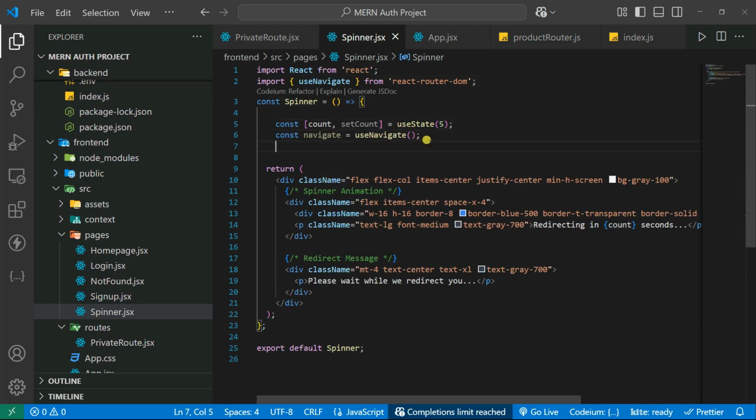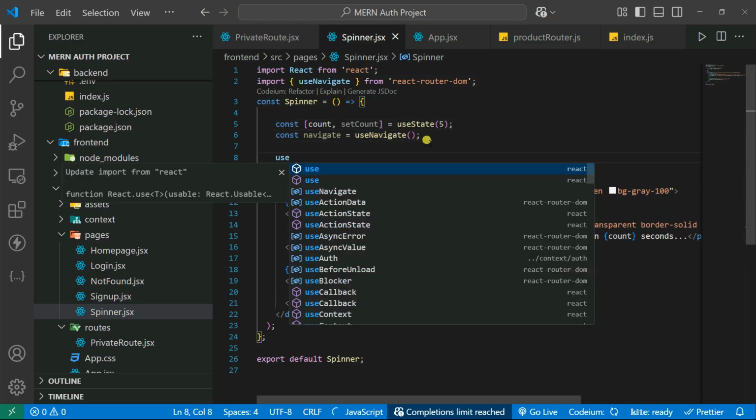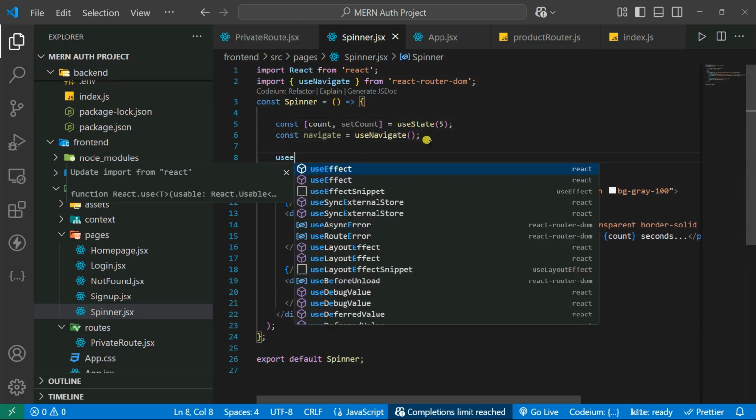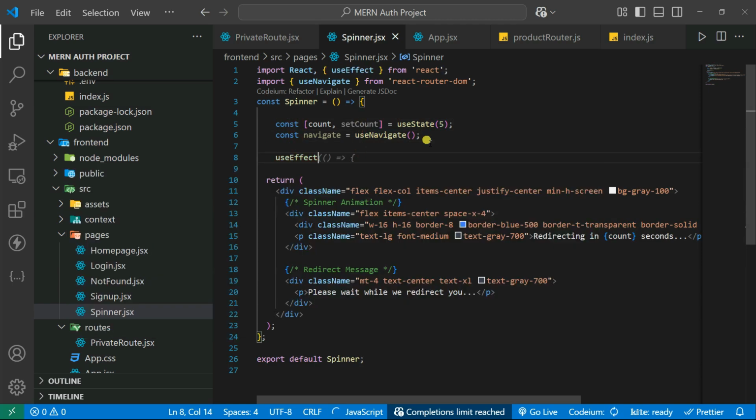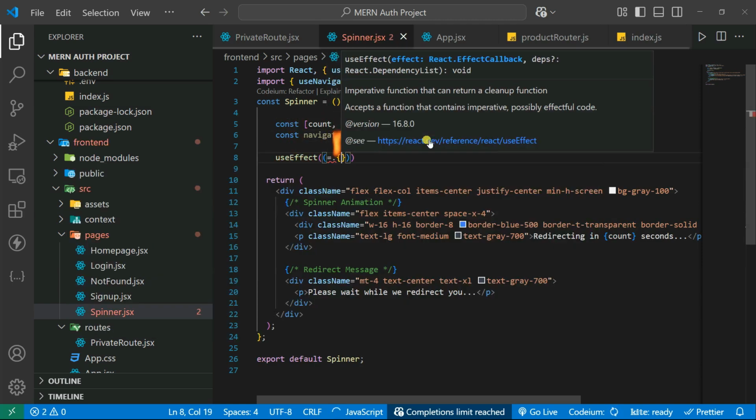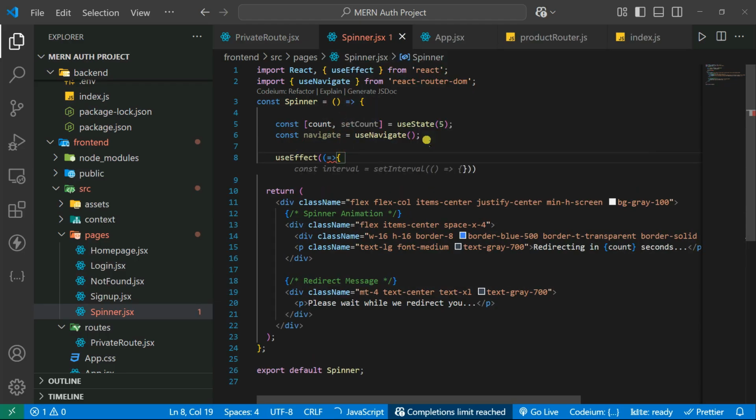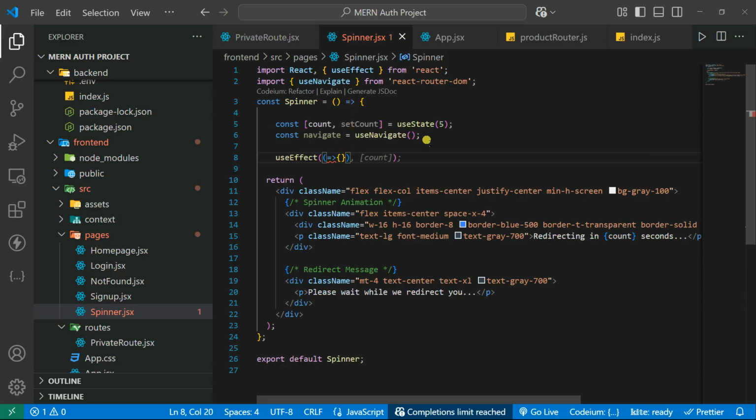login page. So I'm going to use the useEffect because you need to use it while the application is loaded. We can use this useEffect, and after that we're simply going to create a callback function, and inside this callback function we can create one interval. Okay, so we need to use this callback function. So not like that actually,